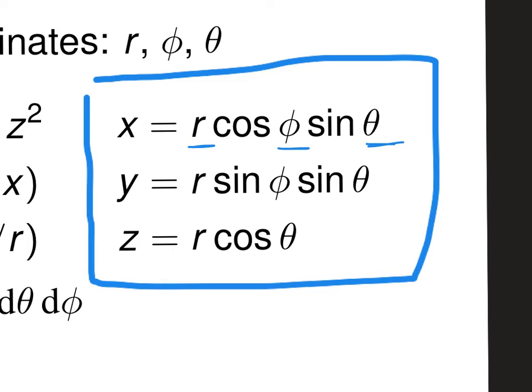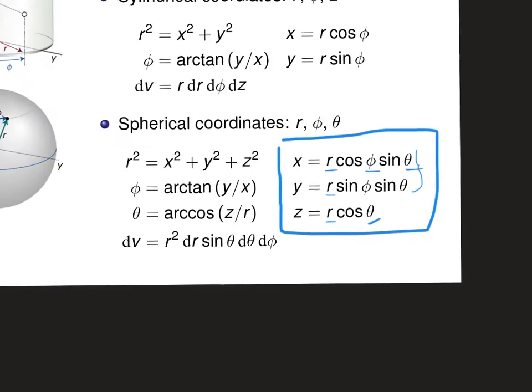So r appears in all of them, as you can see. Z is the easy one because it only has a reference to the cosine of theta, which means that both x and y will have sine of theta, and then x will have cosine of phi, and y will have the sine of phi. Okay, so now we go on,